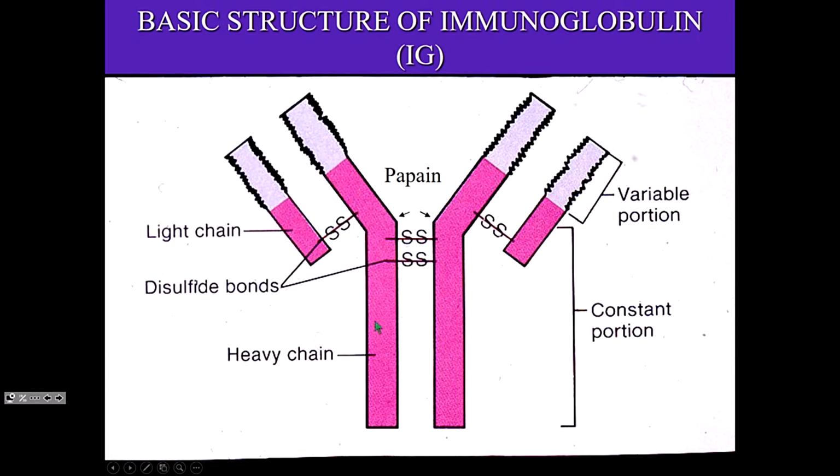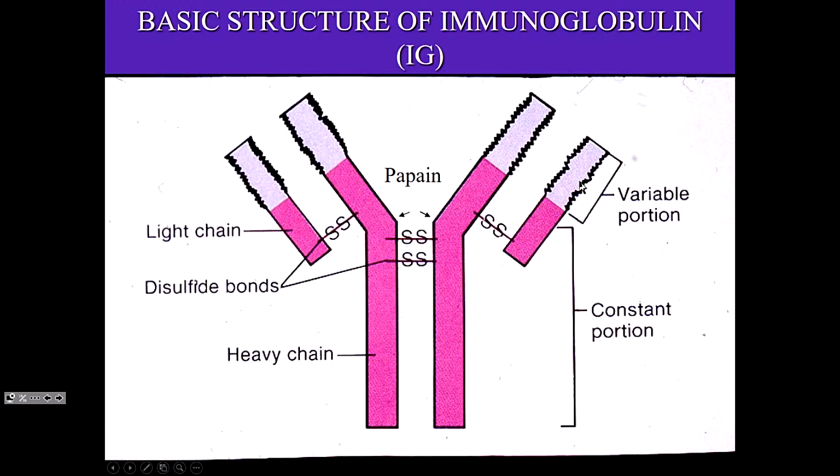The two heavy chains are bound together by disulfide bonds, and one heavy and one light chain are bound together by a disulfide bond. Most of the heavy and the light chains, in pink, is a constant portion, and significantly at the end of the light chains and the heavy chains we have what is called the variable portion. This sequence of amino acids in the variable portion varies